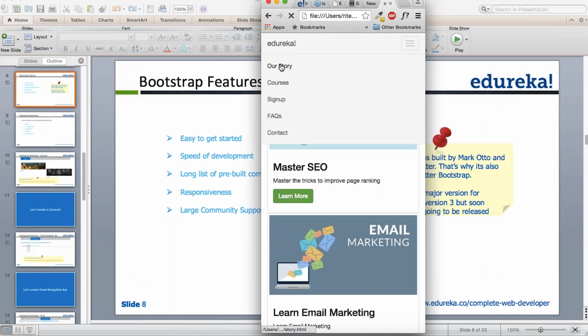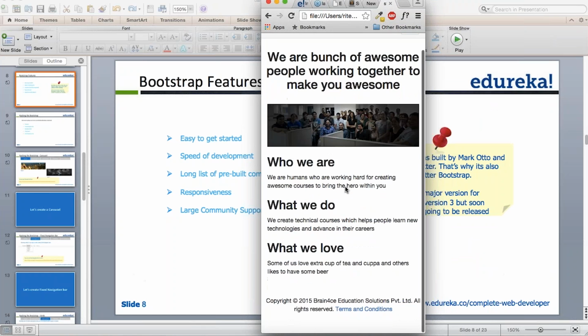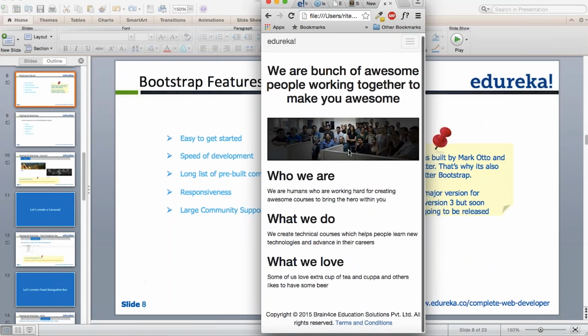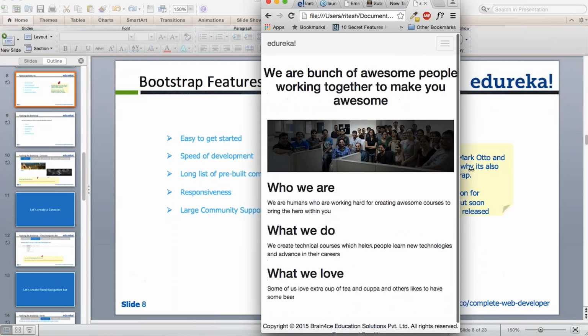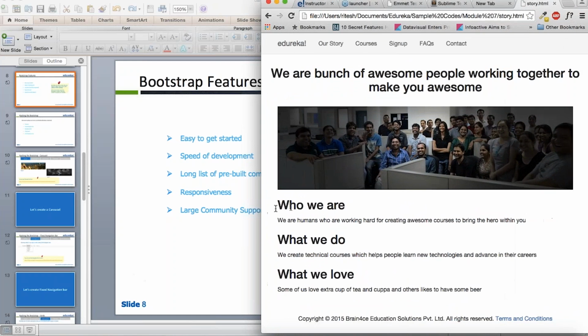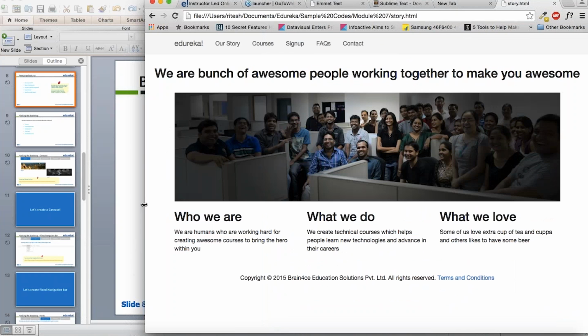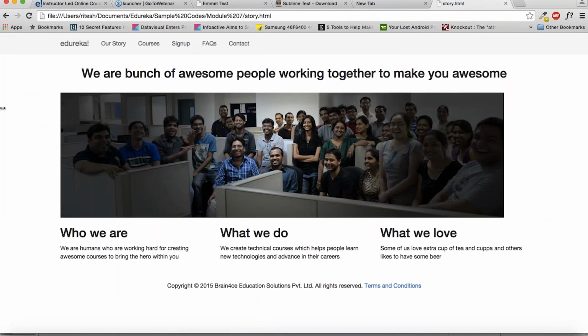If you want to go into our story, you can see cleaner code. So now your website is mobile device compatible, desktop compatible, laptop compatible, and tablet compatible. This is very much in trend, and is also known as responsive web development. We will be teaching you how to create this. We will be helping you create at least 5 of these kinds of websites across our whole module.